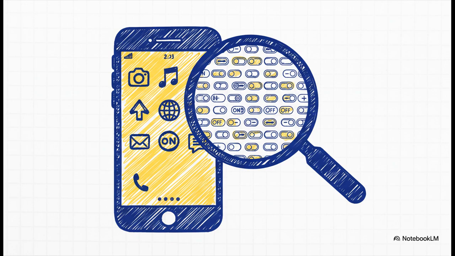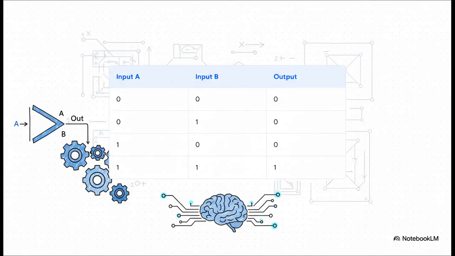This sounds almost too simple to be true, but every video you watch, every app on your phone, every single line of code that makes the modern world run, it all boils down to billions of tiny little switches that are either on or off, true or false, 1 or 0. That's literally it. So how do you get these billions of switches to think?